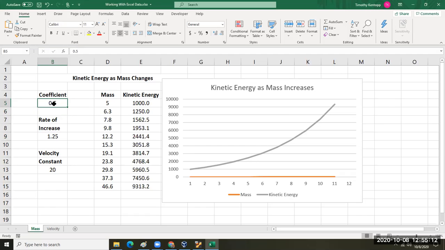We have the constant. I put in 0.5 again. This cell is referred to by its column and row. You may know that already, B5, yeah? So when I want to use this, I'm going to refer to B5. So in the calculation, you see I'm referring to B5, but there's a dollar sign there. Why? Because I copied and pasted that same formula down the column